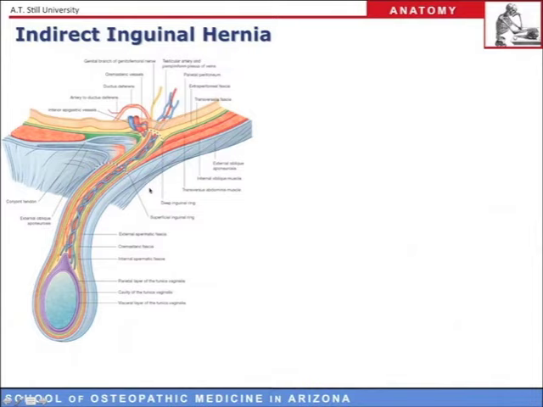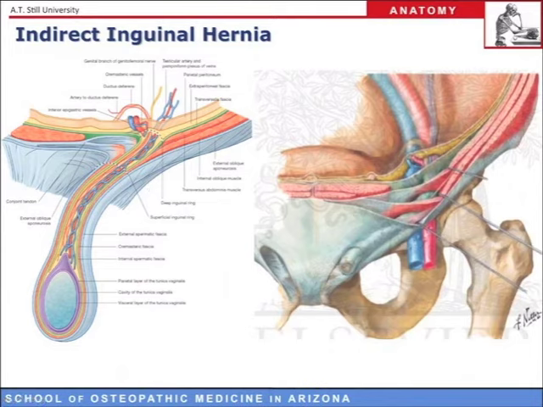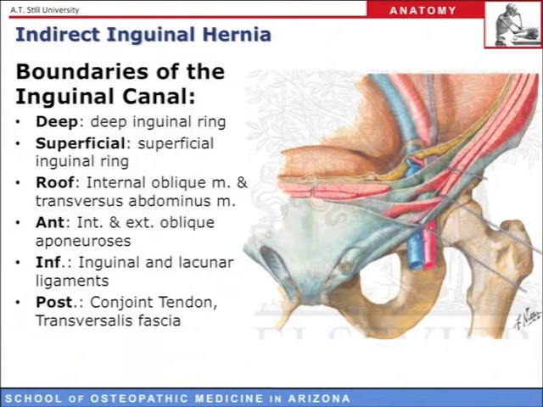And let's take another look, this time an image from Netter's atlas, and this is a really nice image showing how the spermatic cord travels through the different layers that make up the passageway of the inguinal canal. And so recall again that the canal is a three-dimensional structure, and it's got a pathway with specific boundaries, and this is important. And let's take another look here at those boundaries of the inguinal canal.